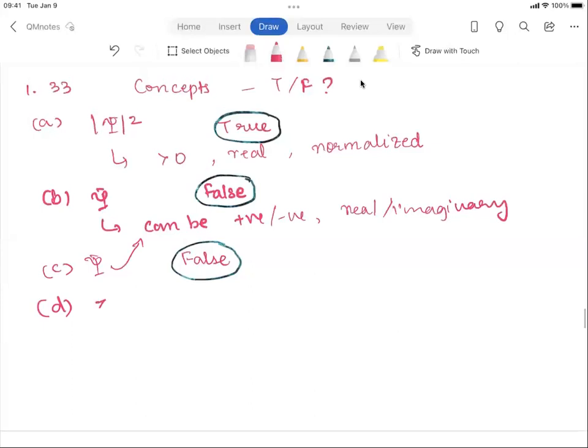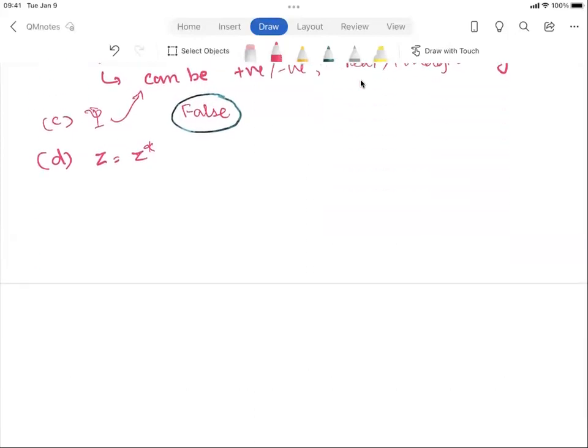Part D, if Z equals Z star, then Z must be a real number. This is true. That's definitely true, and now let's see why. Let's say Z is a complex number of the form A plus I times B. Now Z star is going to be A minus I times B. Now we are telling Z equals Z star, right? That implies A plus IB is equal to A minus IB. Now I can cancel out A,